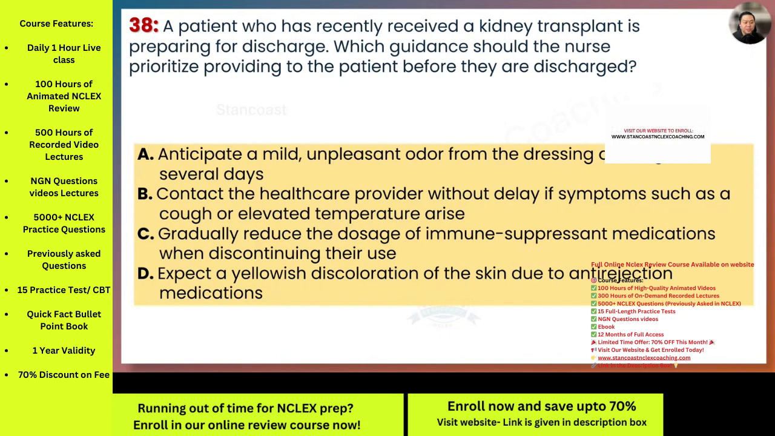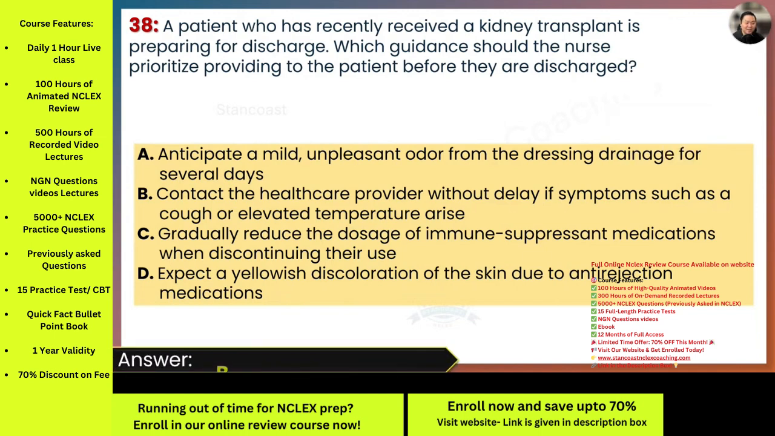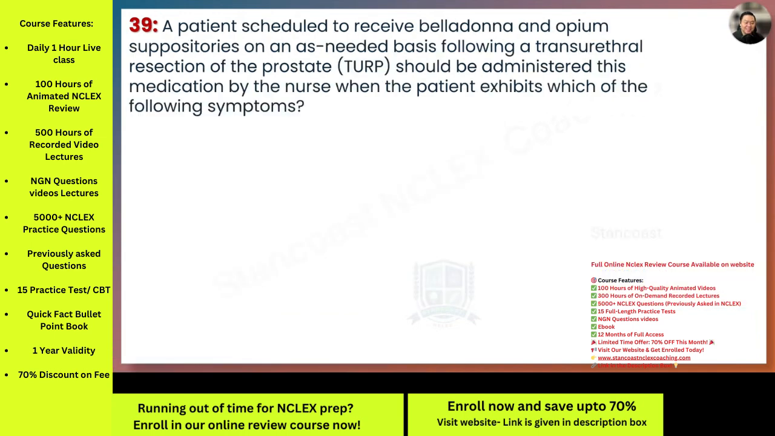C. Gradually reduce the dosage of immune-suppressant medications when discontinuing their use. D. Expect a yellowish discoloration of the skin due to anti-rejection medications. The answer is letter B. Why is that? Well, because